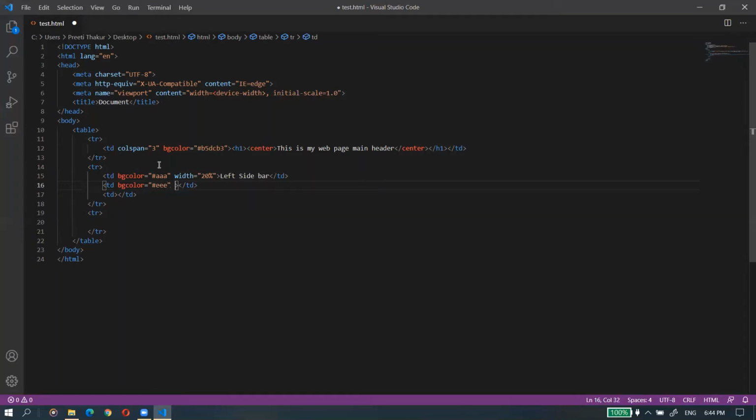You can set width on any TD tag, and it will be applied to every column. So I'm applying width equal to 60%. 60% means the center column will be 60% of the total screen size. So I'm giving width equal to 50% or 60%, whatever you want to give. I'm giving it 60%. Okay.